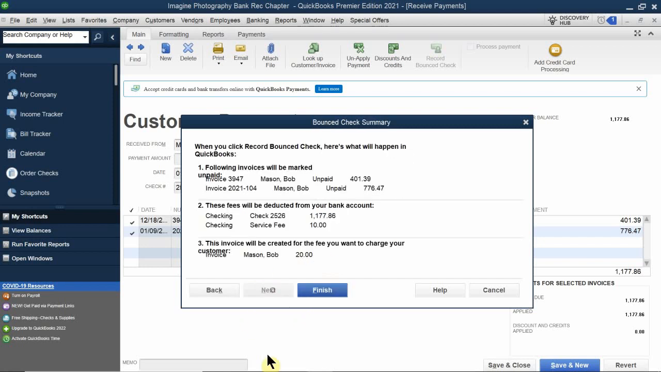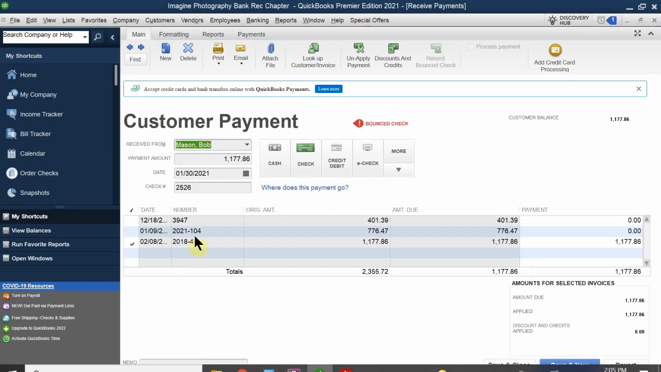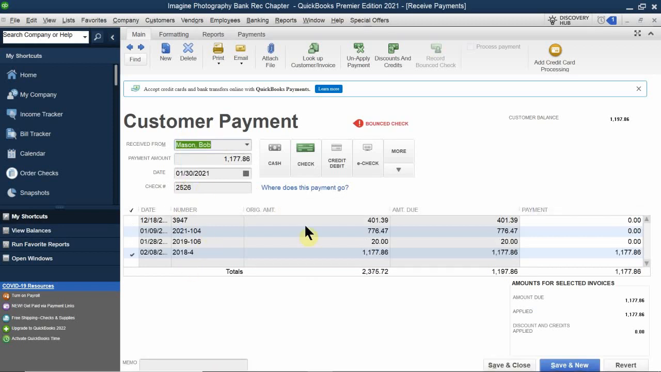So I'm going to click Next. Now you make sure that everything looks good, that you're going to charge Bob Mason an additional $20. Once you click Finish, Bob owes you an additional $20. So here it shows that they